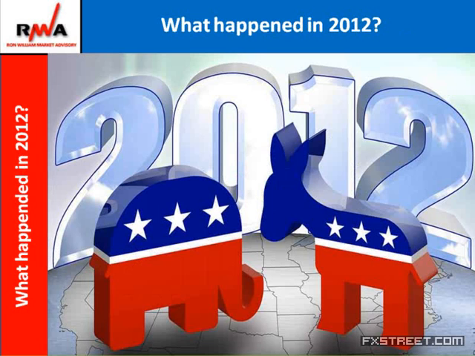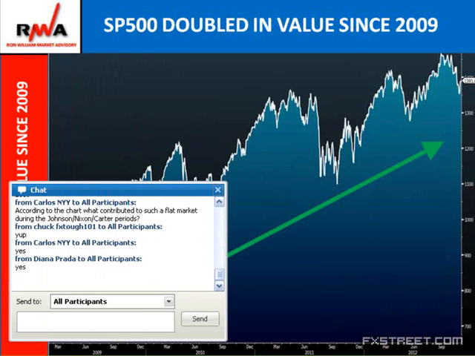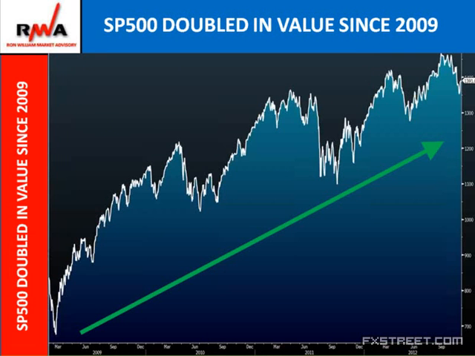And basically, I think each of you have probably answered this question just now. What happened to the S&P 500 before the U.S. election just a few weeks ago? The S&P 500 doubled in value since 2009. Now, of course, we had the crisis before that, 2007, 2008, where we had a 50% drawdown in stock markets and a financial market debacle. We had Lehman Brothers disappear and sovereign debt explode and many tail risks happen.